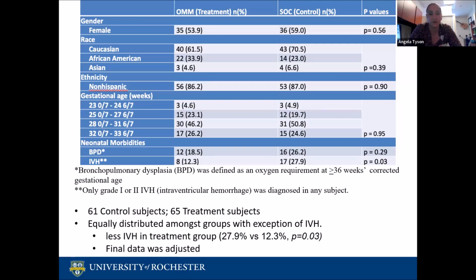we're looking at as confounders and statistically different amongst the groups could actually be a reflection of the treatment, such as bronchopulmonary dysplasia, which is defined as an oxygen requirement greater than or equal to 36 weeks corrected gestational age. There is a statistically significant difference in the people who were treated with OMM versus those who were not, with BPD being lower in the treatment group. As for now, we considered it a confounder, and we balanced the groups out statistically based on those confounders, as